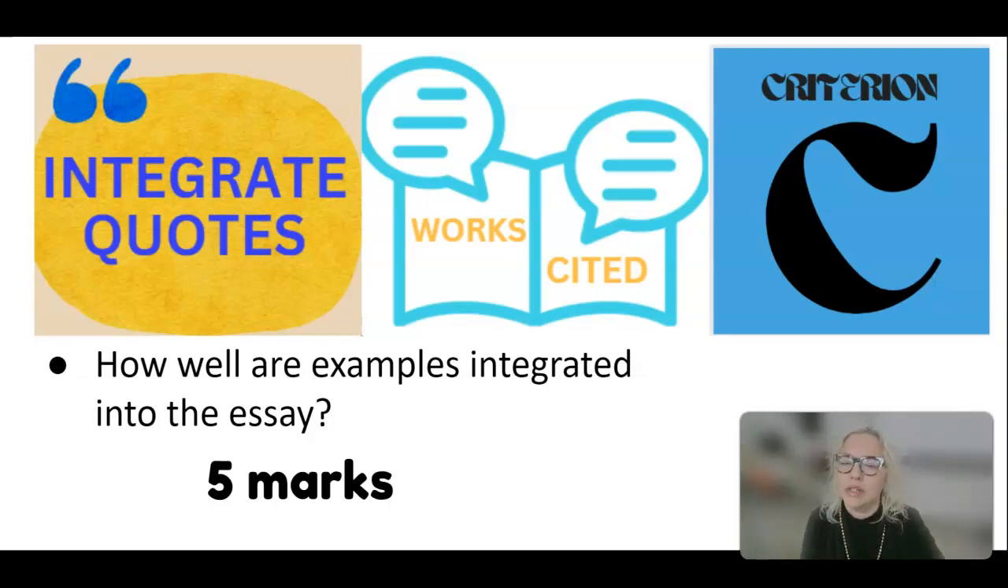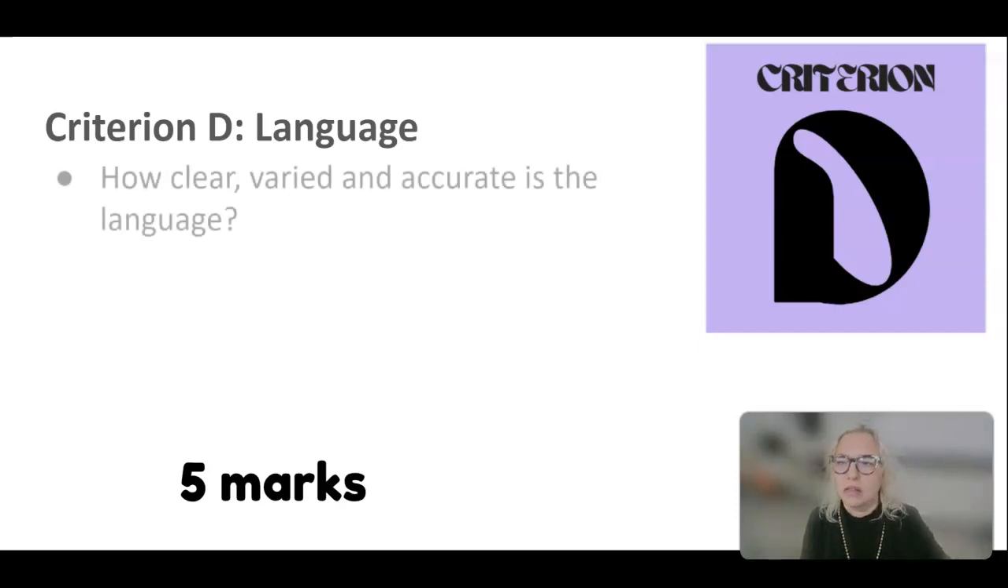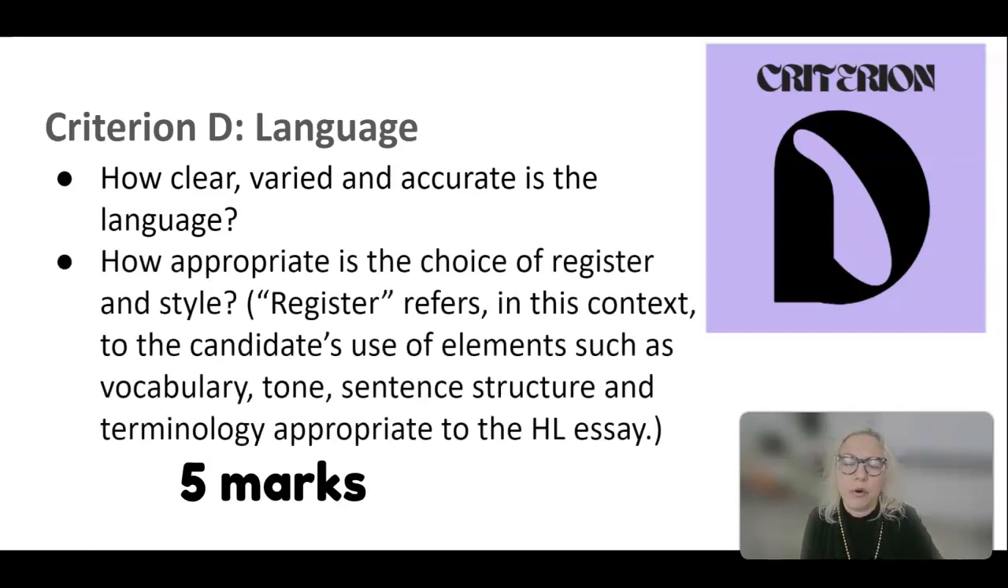All right, so those things will be graded. Those are 5 marks. How about criterion D? What do you need for criterion D? This is how clear, varied, and accurate is the language. How appropriate is the choice of register and style. Register refers in this context to the candidate's use of elements such as vocabulary, tone, sentence structure, and terminology appropriate